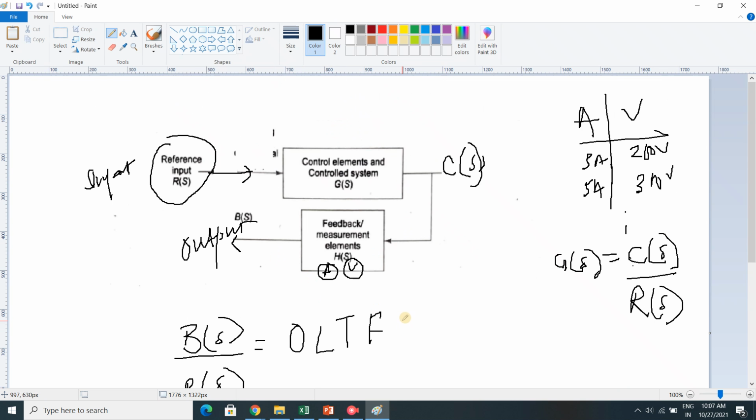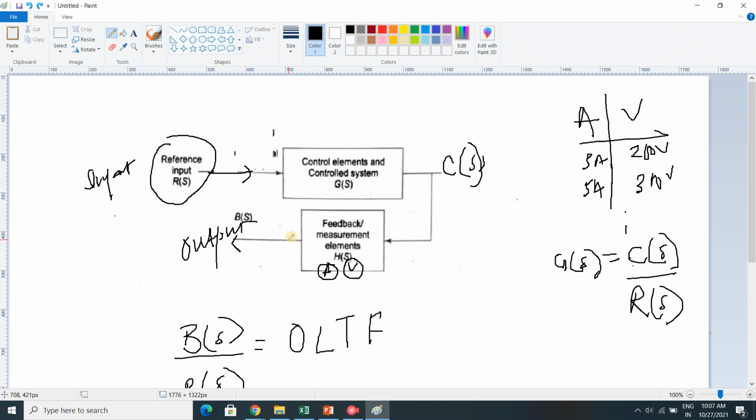Okay, now in this case both are forward path. Why? Because if there is no feedback, both the blocks represent a forward path because there is only a single path. This output may look as if the signal is traveling to the right-hand side and then coming back to the left-hand side. No, it doesn't mean that, because we are just representing it in this way. Basically they both are in series.